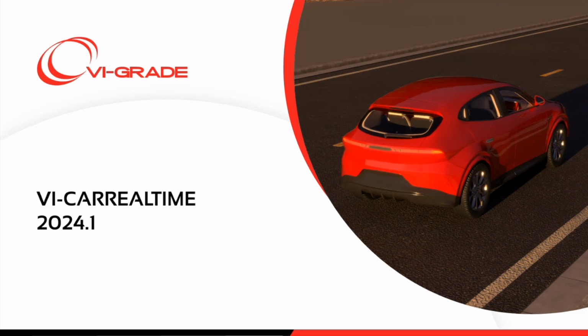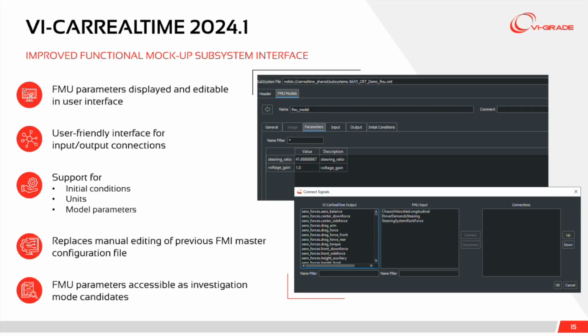Okay. The first of the new features of which I would like to talk is the functional mockup units subsystem. A functional mockup unit, FMU, is one of the most popular standards in the automotive industry, and not only automotive, to share entire subsystems or individual components developed by different environments and in different departments. Supporting FMU connection is a crucial part for component usability, for collaboration and for model accuracy. For all these reasons, and to make the use of FMU components as easy as possible in VI-CarRealTime, we have completely redefined the FMI interface